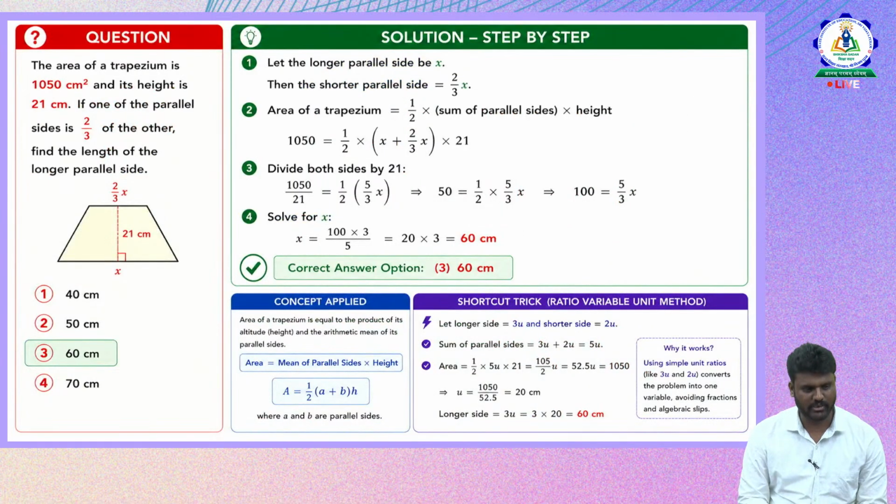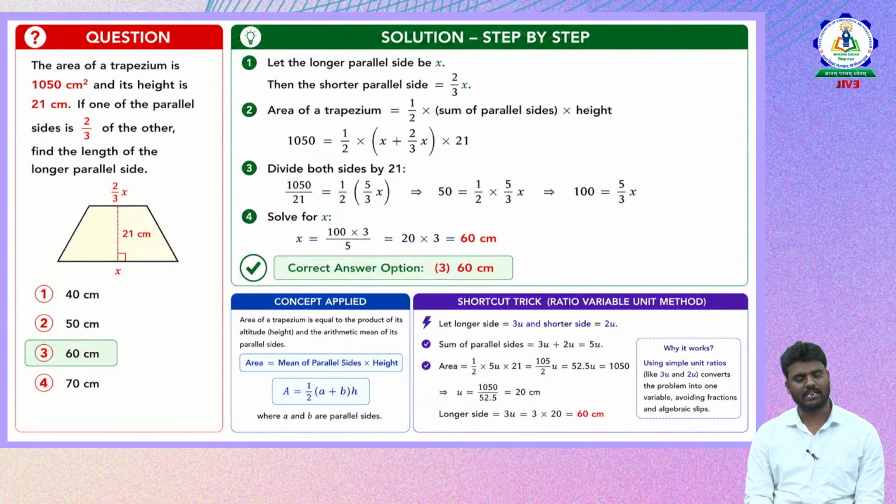Now the next question is: the area of a trapezium is 1050 centimeter square and its height is 21 centimeters. If one of the parallel sides is 2 by 3 of the other, find the length of the longer parallel side. Remember the concept of the trapezium, and from that we can solve. Let us see the options they have given here. Option 1 is 40 centimeters, option 2 is 50 centimeters, option 3 is 60 centimeters,